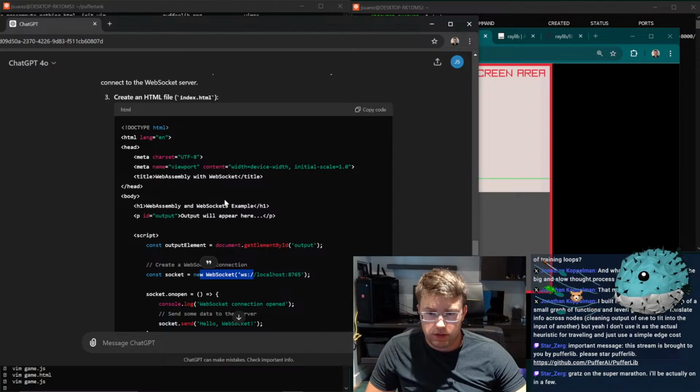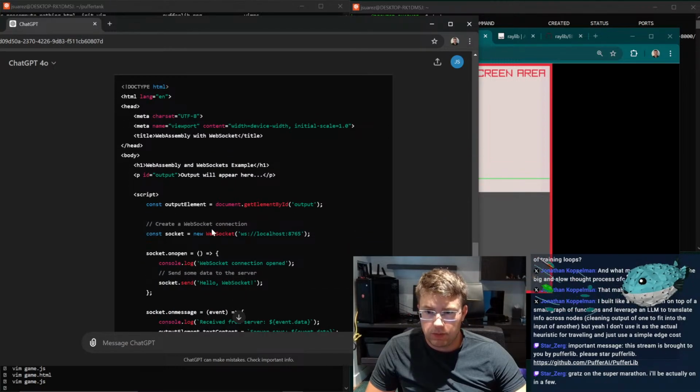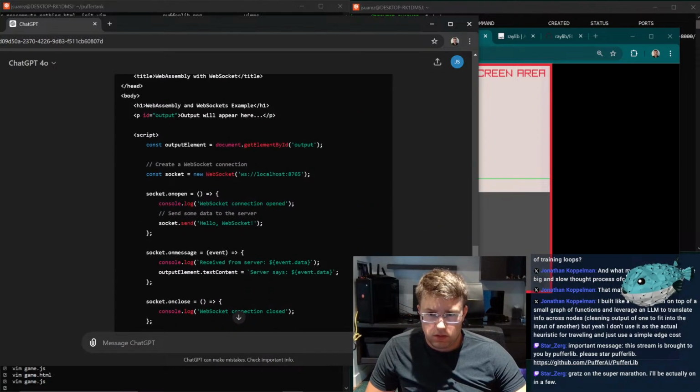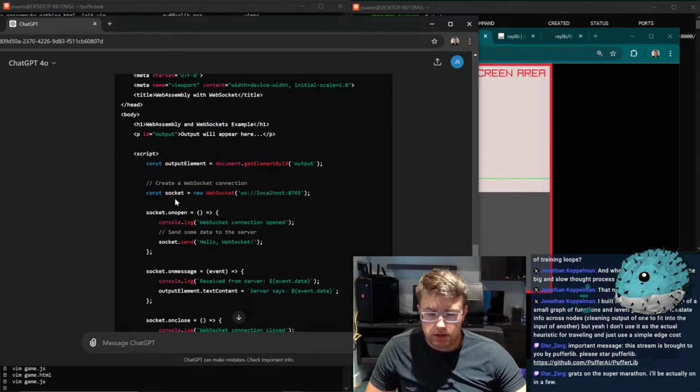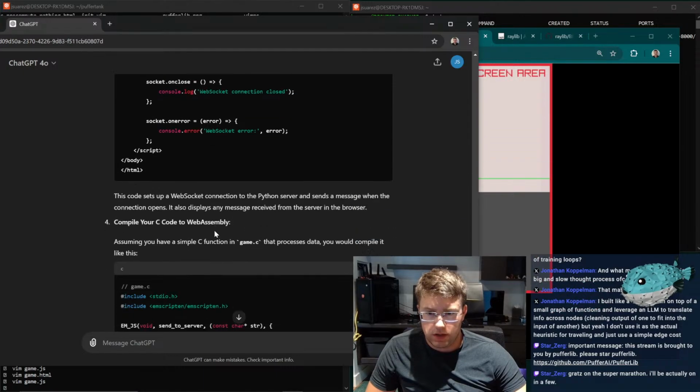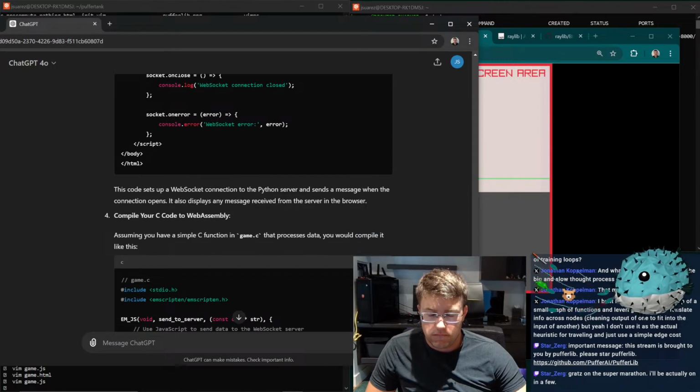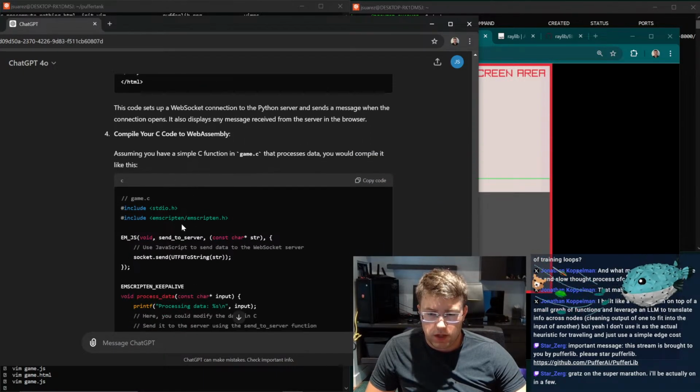Okay, there is literally a built-in WebSocket. Cool. Duh, it's JavaScript. So actually connecting these two is not hard, but then... Compile your C code, okay.